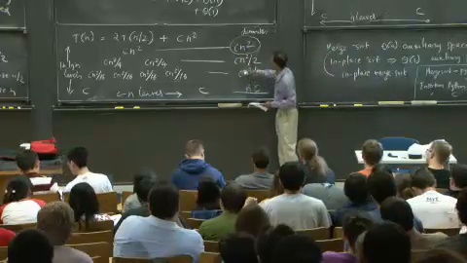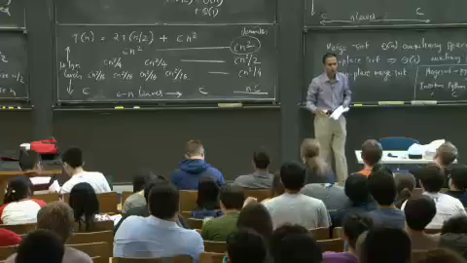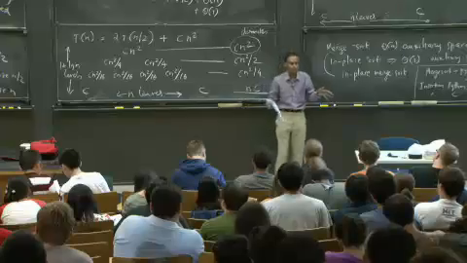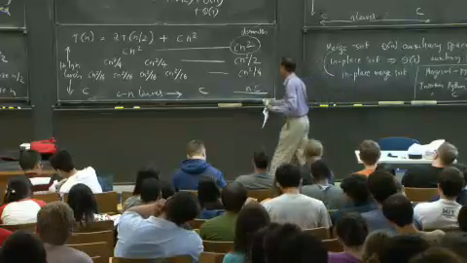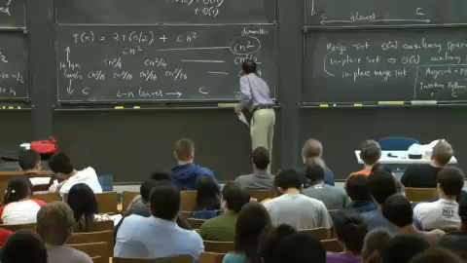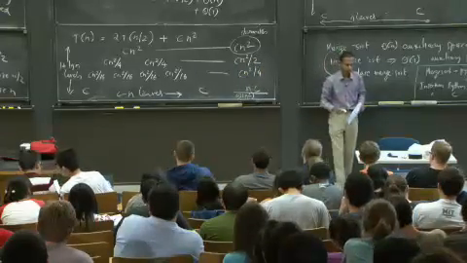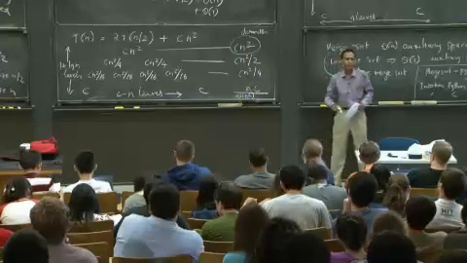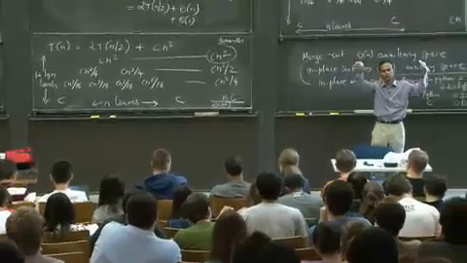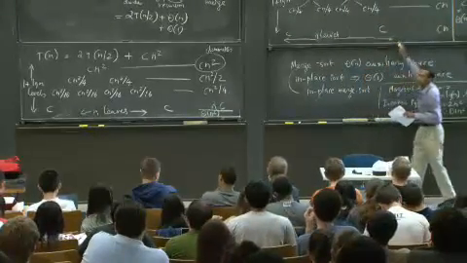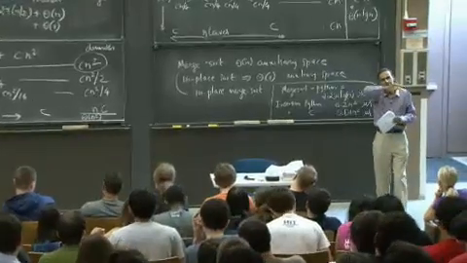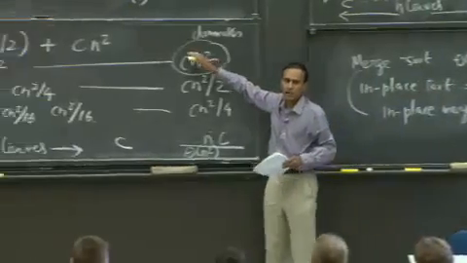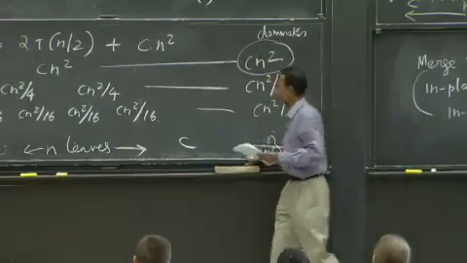Okay? And you said bounded by 2cn squared because this part is bounded by cn squared, and I already have cn squared up at the top. Right? So this particular algorithm that corresponds to this crummy merge sort, or wherever this recurrence came from, is a theta n squared algorithm. And in this case, all of the work done is at the root, at the top level of the recursion. Okay? Here, there was a roughly equal amount of work done in each of the different levels. All right? Here, all of the work was done at the root.